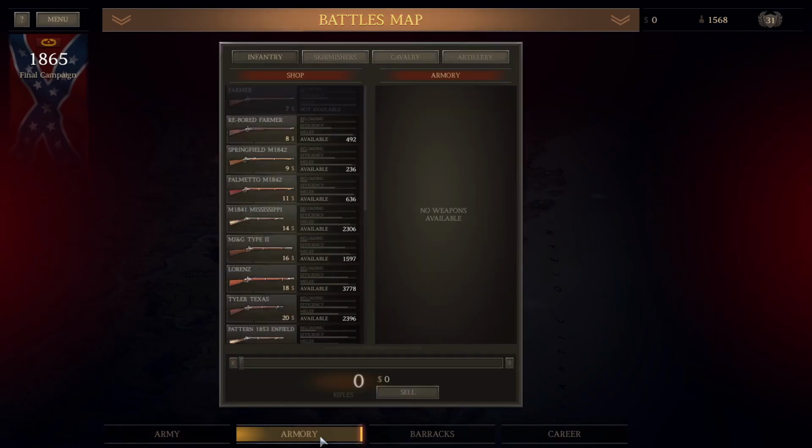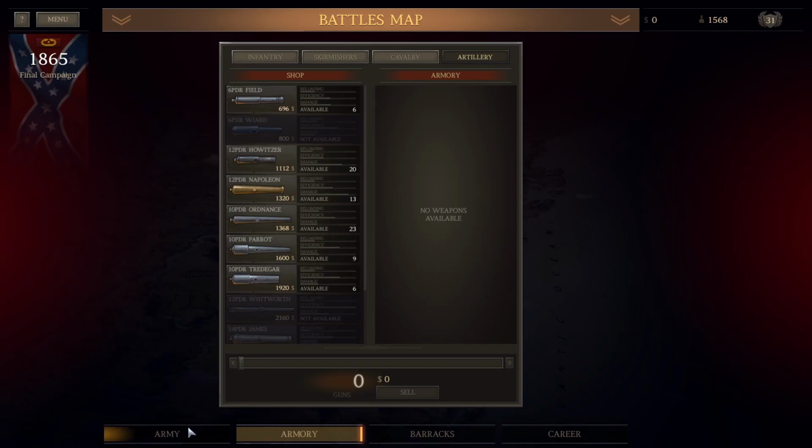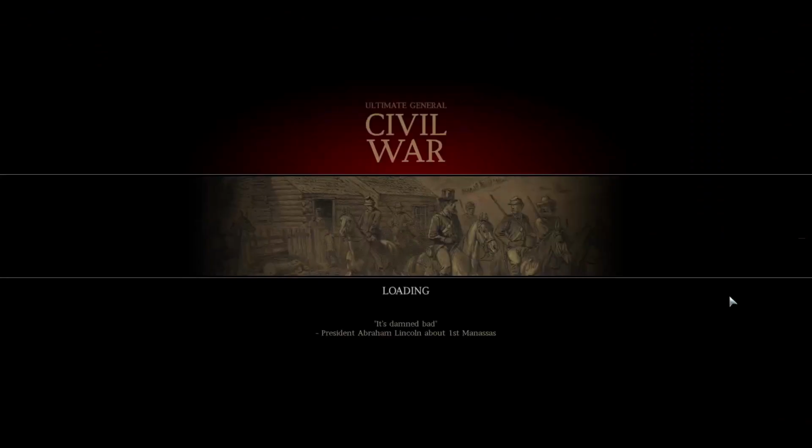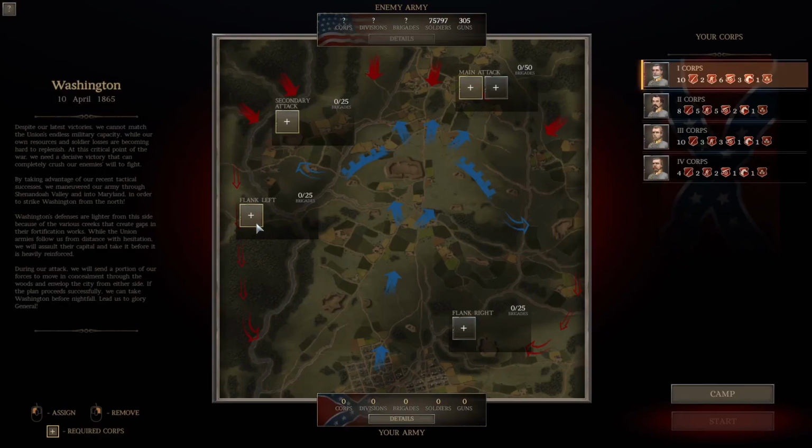2,507. And you can see here from the armory, we are literally using every single weapon we have. So we're at maximum capacity. So without further ado, we go into Washington. My god, we can barely